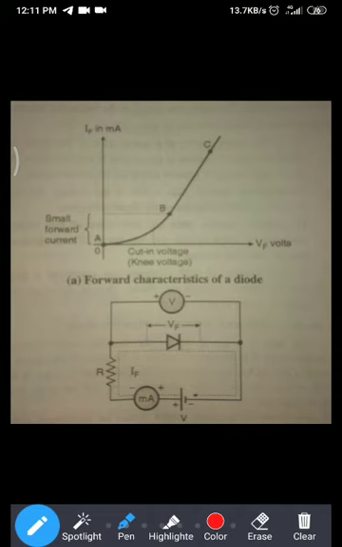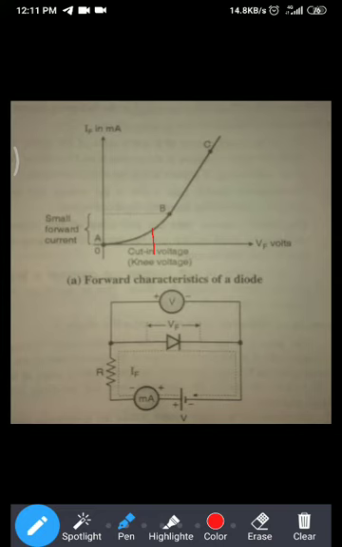So as we know that in forward biasing, the width of depletion region in diode goes on reducing as we increase the voltage. At one particular voltage, the width of depletion region totally becomes zero and current starts flowing. So as you can see, that red line I have drawn, that is shown as cut-in voltage. Okay, so this cut-in voltage, at that particular point, the current starts flowing through the diode.